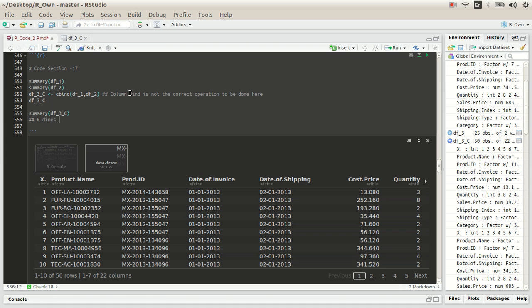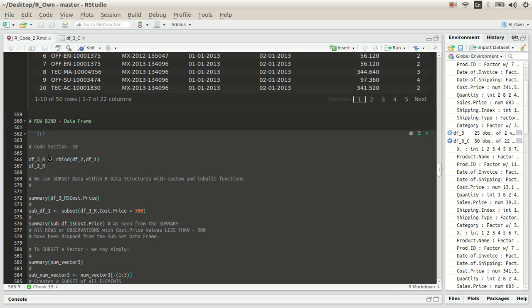R does not complain as such, but this df is rendered useless for any further stats. Okay, so that is what it is. Then further going down,